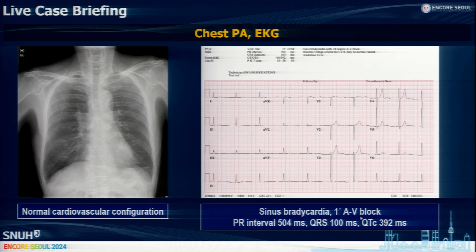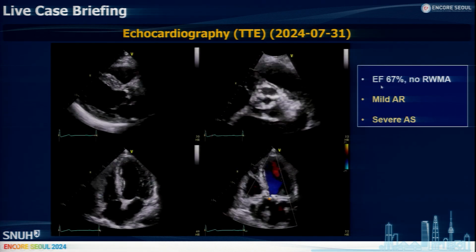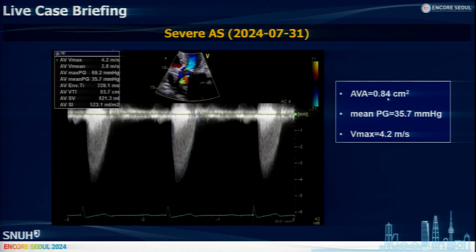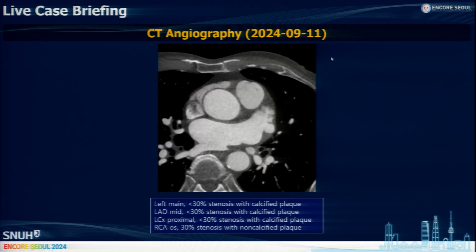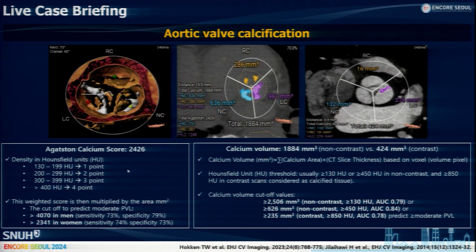First degree AV block, or sometimes complete AV block, plus wall motion is good, plus valve area 0.8, Vmax 4.2, plus asymptomatic coronary lesions, plus valvular calcification is moderate. So Agatston calcium score is 2400, calcium volume 18 cubic millimeters in non-contrast, moderate to severe